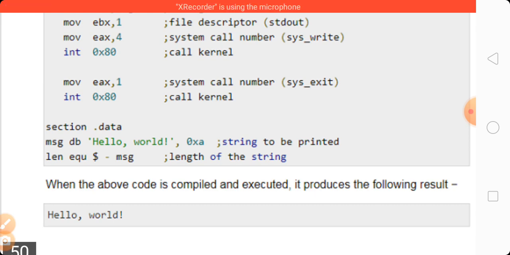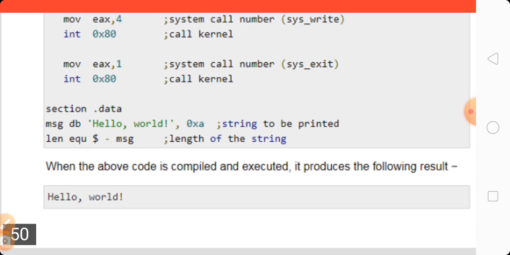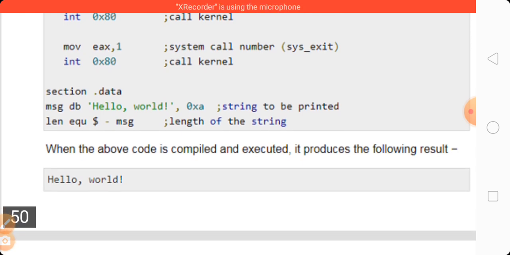Length equ $ - msg, this is the length of the string, it will give the length of the string. When the above code is compiled and executed, it produces the following result: Hello, world.